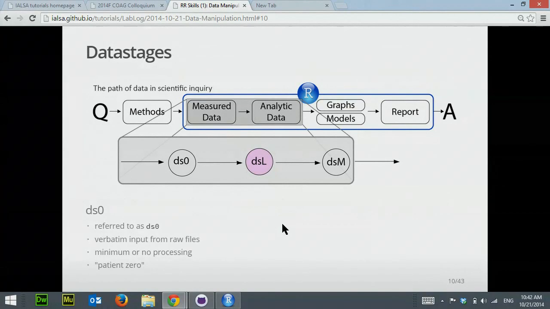The first is called DS0. This is a patient 0 analogy, right? So this is verbatim input from raw files. There's minimum or no processing, and we call it DS0 because we know patient 0, right? So why is that important? Well, if your raw data is stored in some text format that takes a really long time to load into the memory of the computer, if you do it every time, you might run into